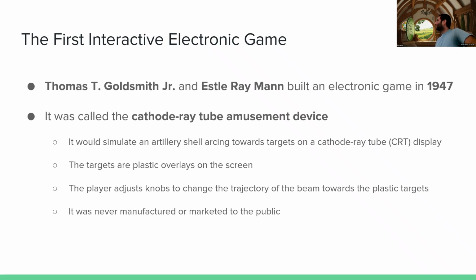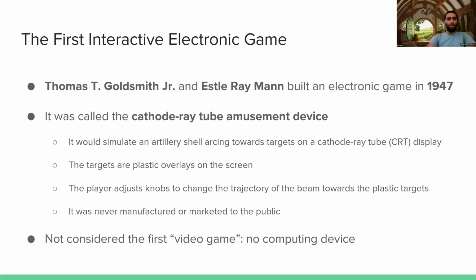But unfortunately, and this is one reason why it doesn't count, it was never actually manufactured or marketed to the public. It was all just theoretical. They patented it, but then nothing ever happened. Another reason why we don't consider it the first video game is that there was no computing device. It was just a solid circuit where the user turns a knob to hit stuff, but there was no computing device doing any type of logic. It was purely trajectories on an oscilloscope or on a CRT, I guess. Okay. So we're getting a little bit closer. We're getting some interactivity. We're able to theoretically play it, but this one was never actually created and had no computing device.